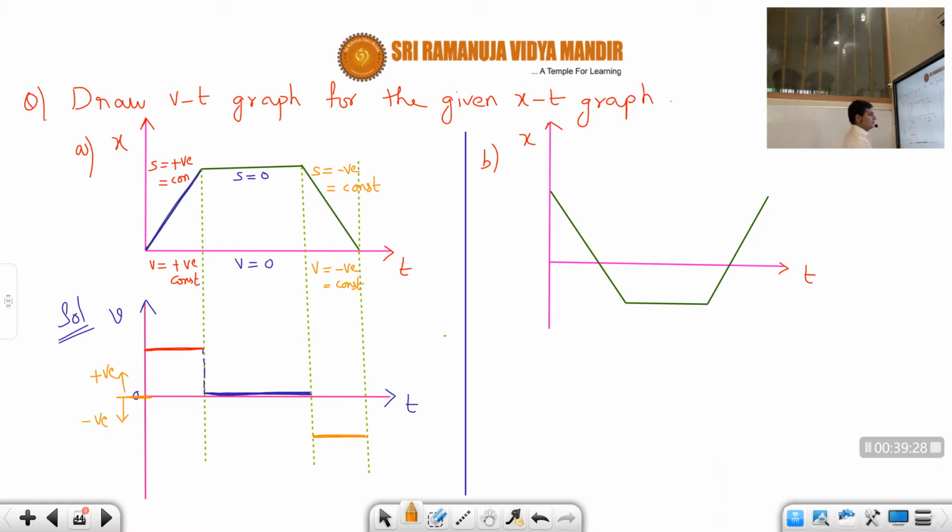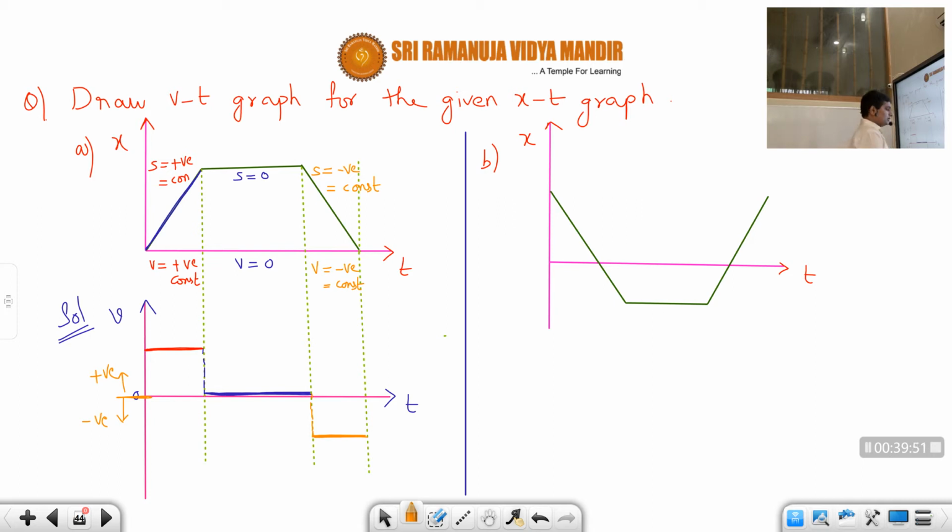I hope, students, you are clear this one. Okay, so this is the shape of the graph. So that means this blue color will change into like this. Okay, students, I hope you are clear. So it will become like this. First red color, then it becomes 0, then it goes to negative. Okay, so now second one, just pause the video and then try to draw this graph, and then you can observe whether your answer is correct or not.